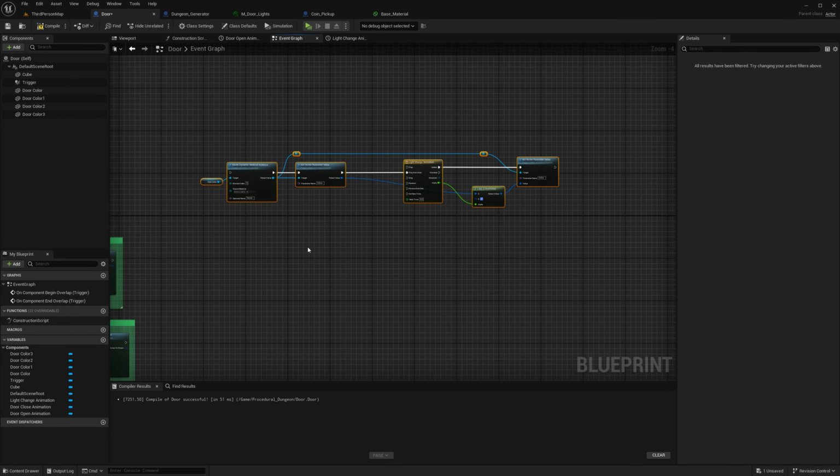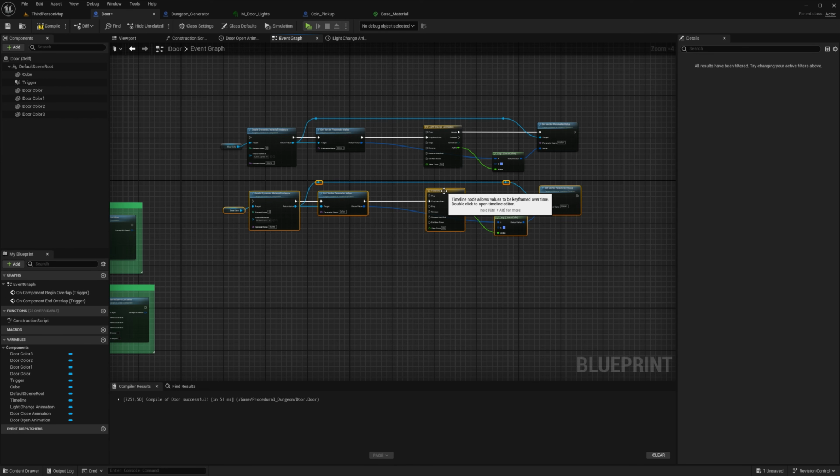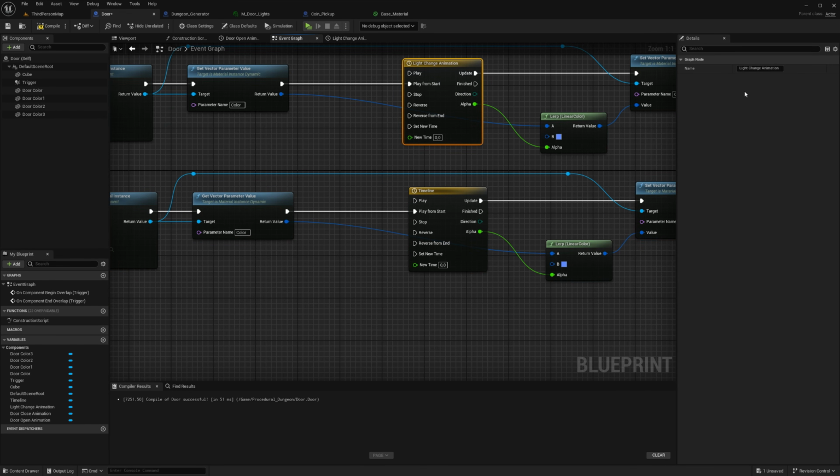Duplicate all this, copy paste, do it below, and then we need to rename this again. So light change 1. Copy the text, go into timeline, next timeline, paste, timeline 2.